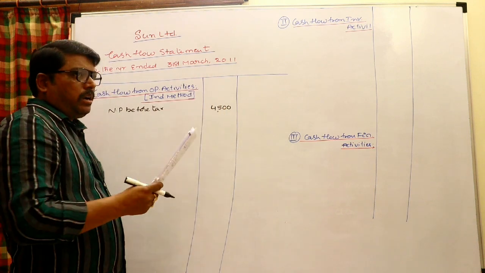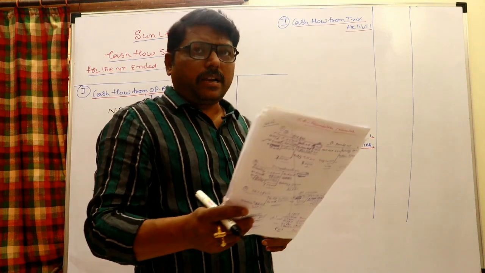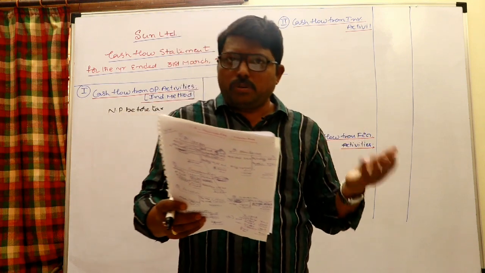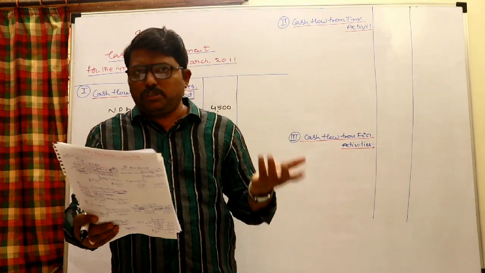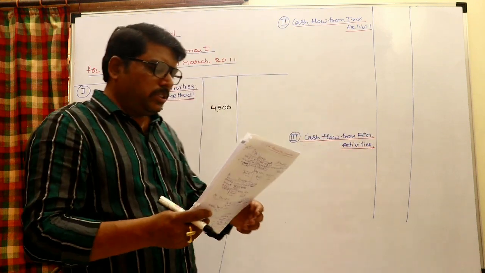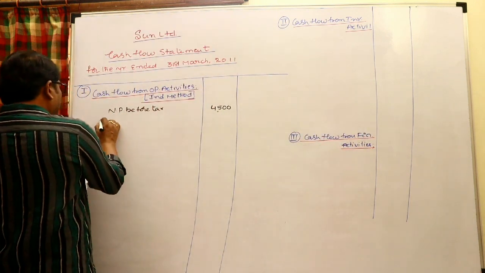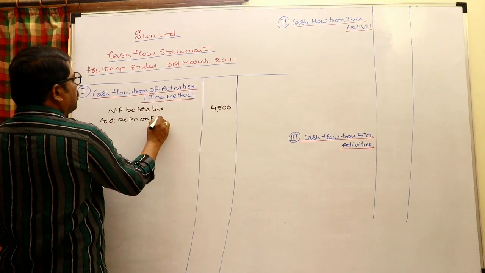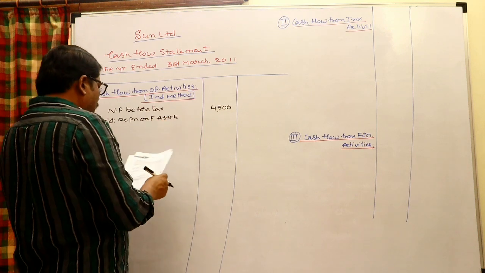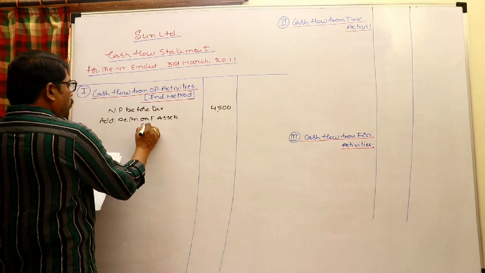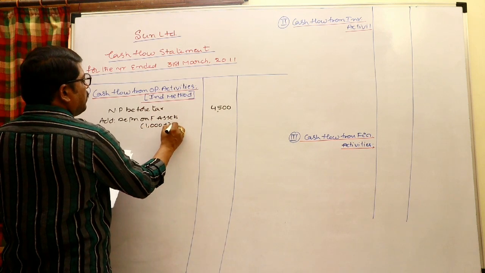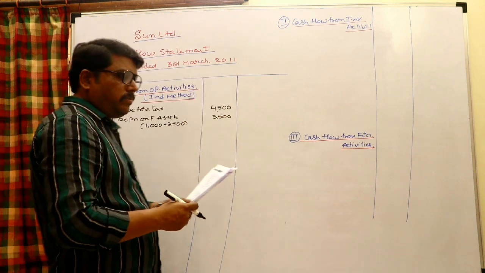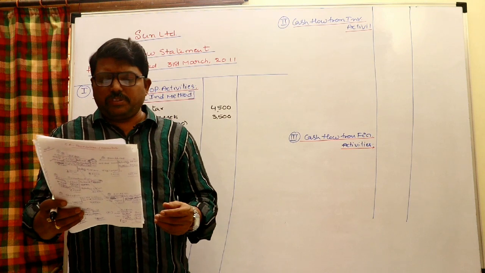Then what am I supposed to do? Depreciation and amortization should be added back. Non-operating items to be withdrawn. Add or less working capital change. Tax paid should be deducted. That's all. First I want to go for depreciation and amortization. Right, first add depreciation on assets. And of course it is straight away given in the sum itself, 1,000 as well as 2,500. Total 3,500.